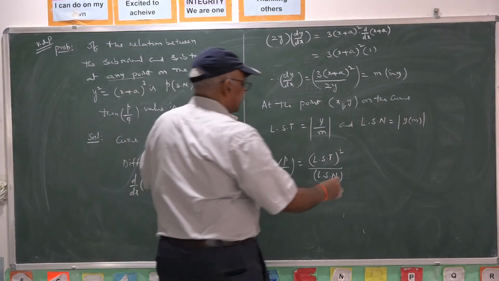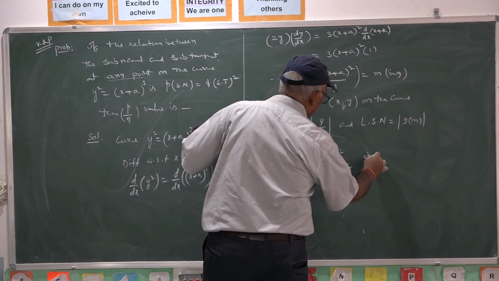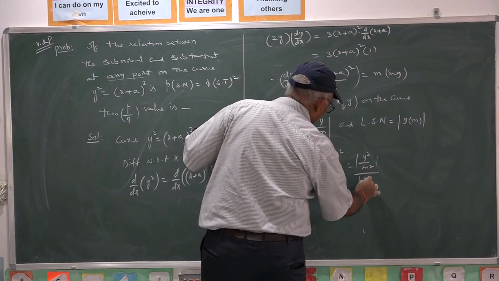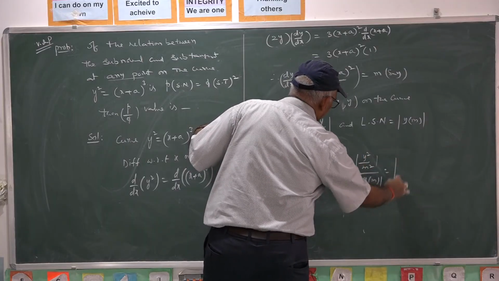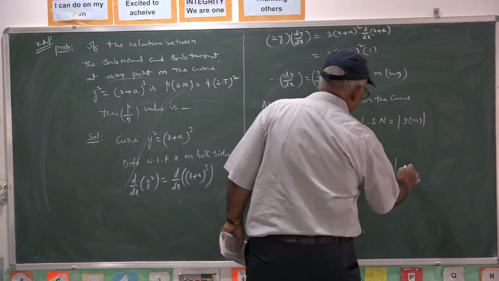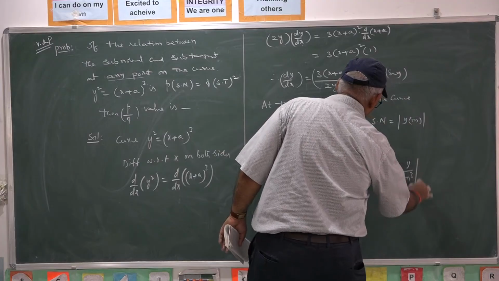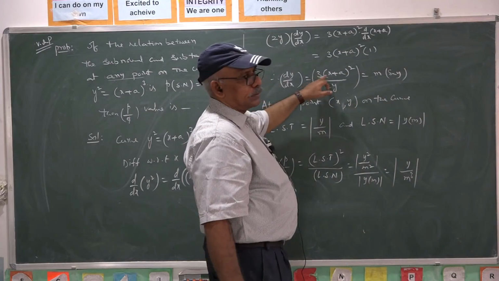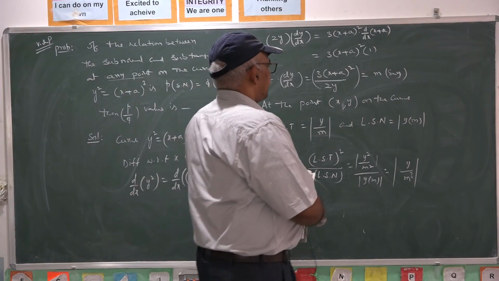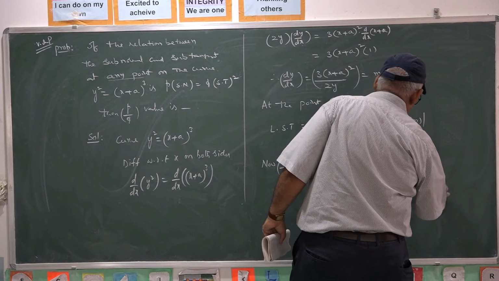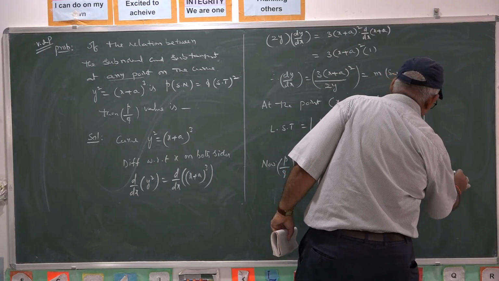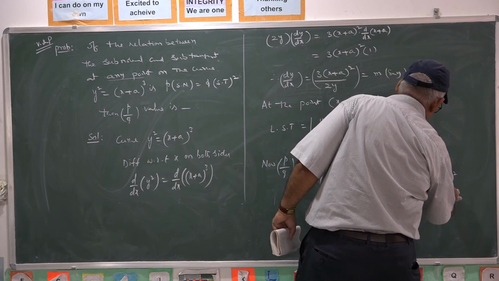Length of subtangent is y by m, so y square by m square, by length of subnormal y into m, which gives us y by m cube, where m is 3 into x plus a whole square by 2y. So that is y by 3 into x plus a whole square by 2y,